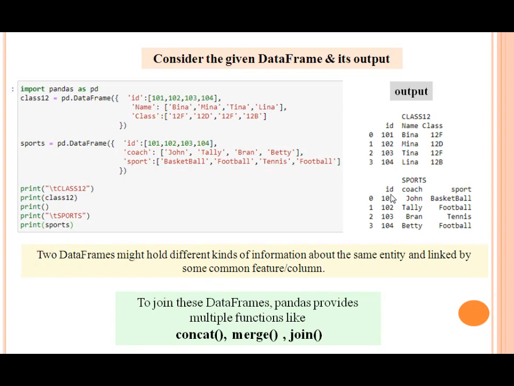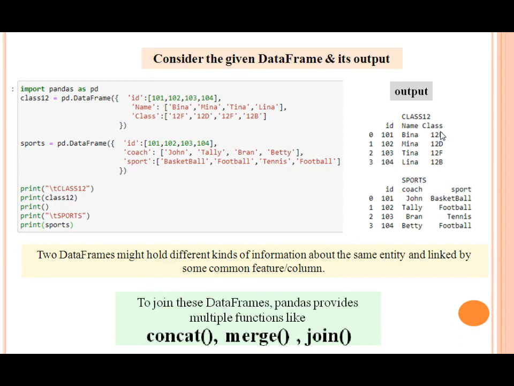It is very similar to that. So link them with that. You will be able to do it properly. So the data frame should have one or two common columns, so that the joining, the concatenation and the merging can be done properly. Clear? So to join these data frames, Pandas provides multiple functions like concat, merge and join.